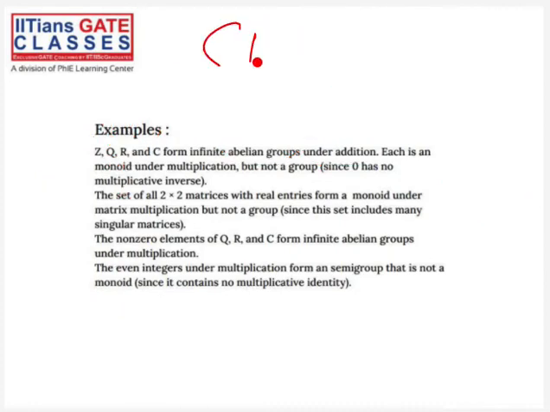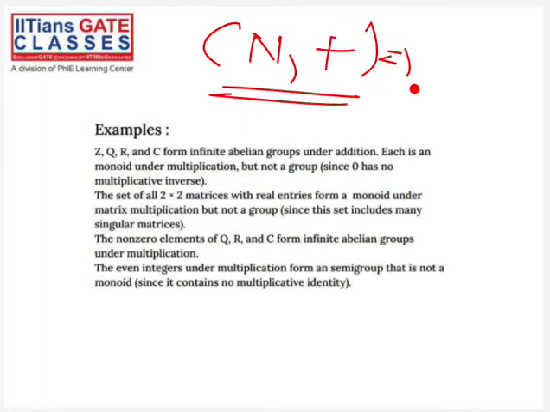Can anyone tell me about the set of natural numbers with plus? Now my question is: is this a monoid, is this a group, is this an abelian group, what is it? So you need to check basically what is the highest structure it has. By highest structure I mean, let's assume that it is a monoid but not a group. Then you will say that this is a monoid because monoid is the highest structure that is satisfied by it. Okay, so what is the highest structure that is satisfied by N comma plus? Anyone want to try this?